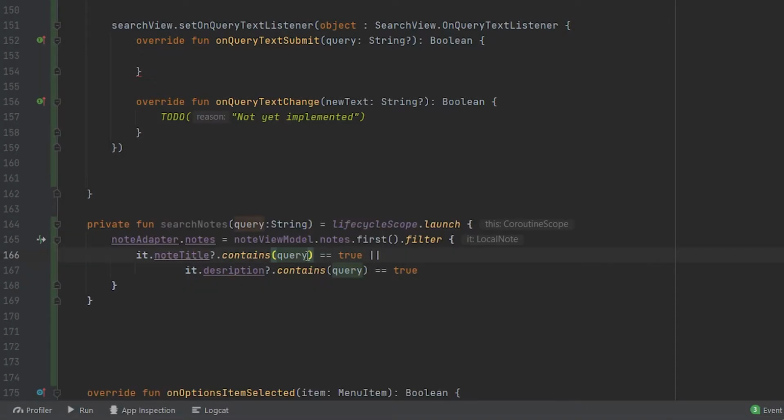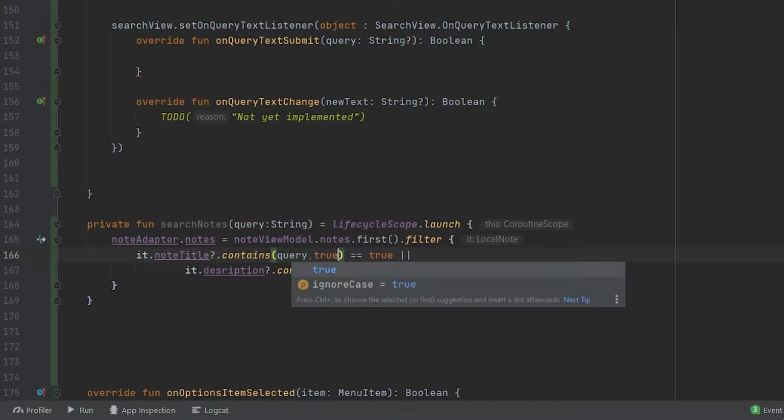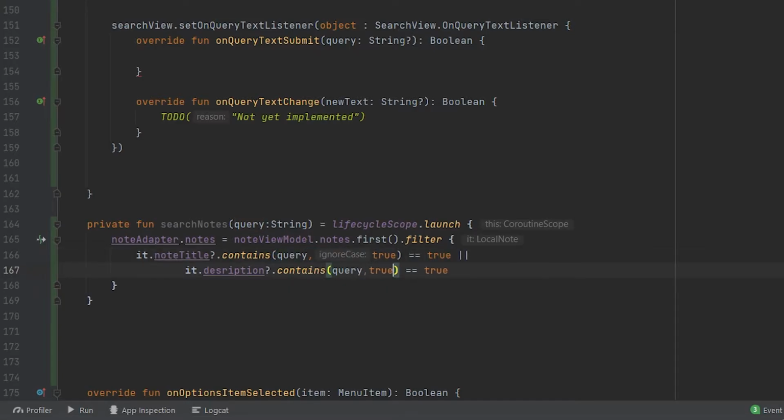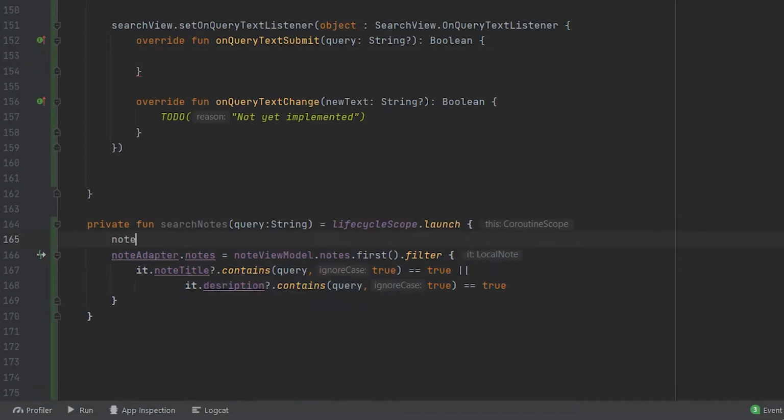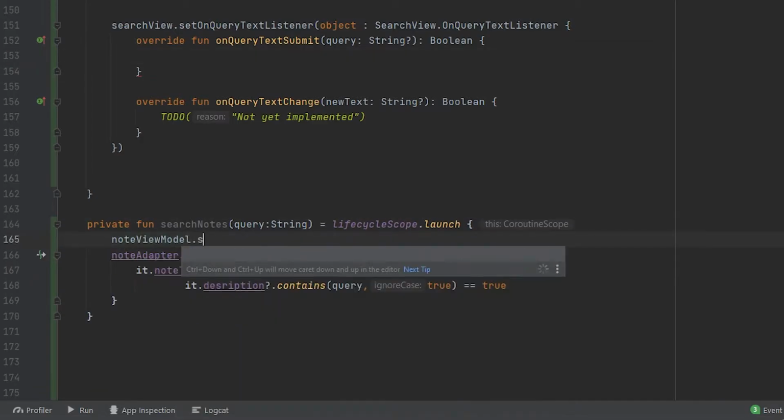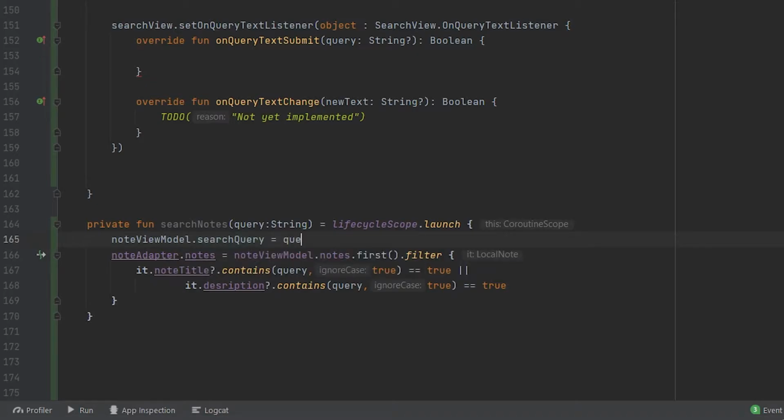And also we want to ignore the case. For that we have to pass true here,